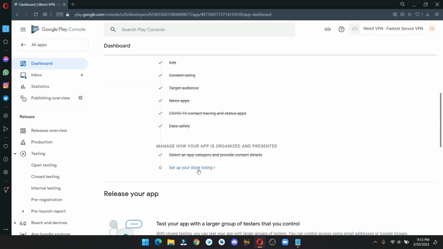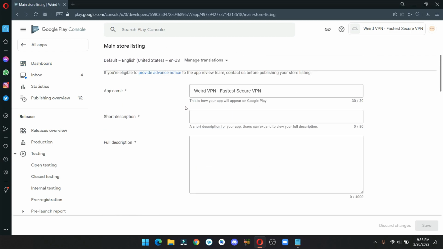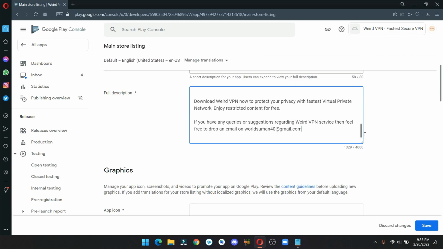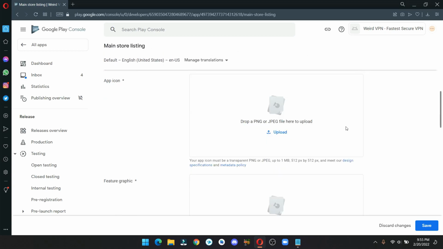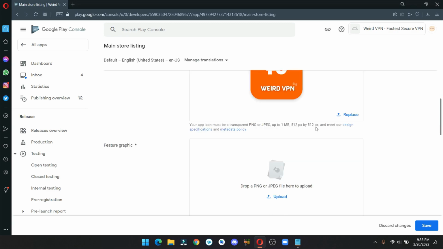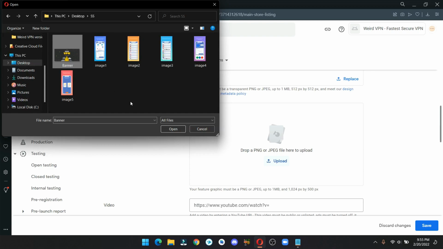Now set up your store listing. Type a short description and full description. Scroll down and upload your app icon. Here upload a banner image with the size 1024 x 500 pixels.